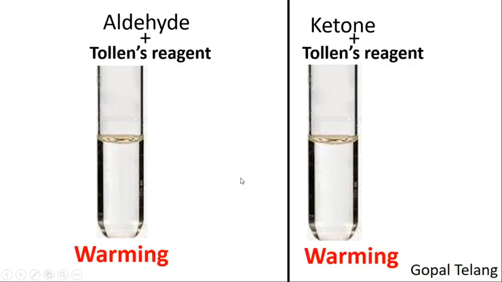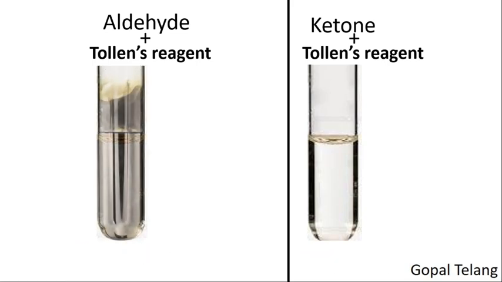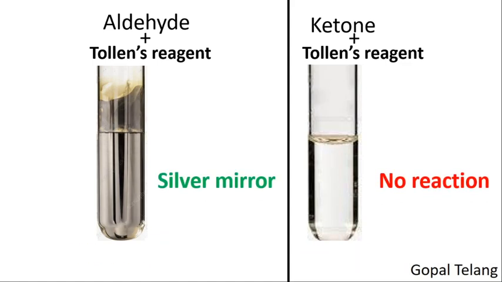to this, on warming there are some changes observed in the test tube containing aldehyde. Such a formation is termed a silver mirror, but there is no reaction in the test tube containing ketone. The reaction in the aldehyde is due to this hydrogen, represented by blinking. Due to this hydrogen, aldehydes are more reactive towards oxidation reactions than ketones and therefore can react with a mild oxidizing agent. This test is useful. This is a visible test and useful in qualitative analysis to distinguish between aldehydes and ketones.